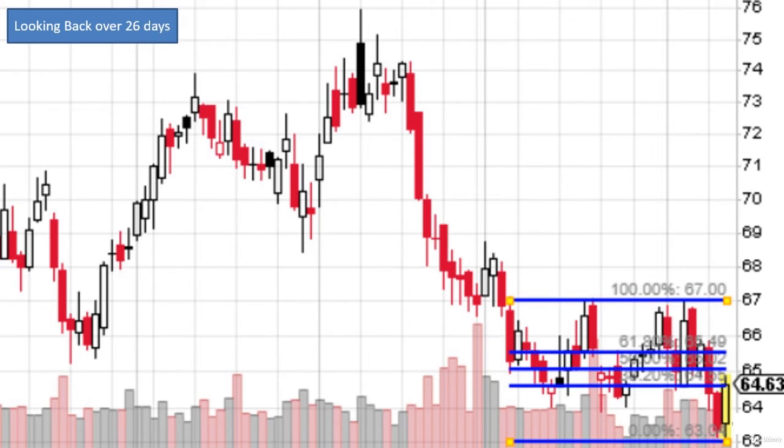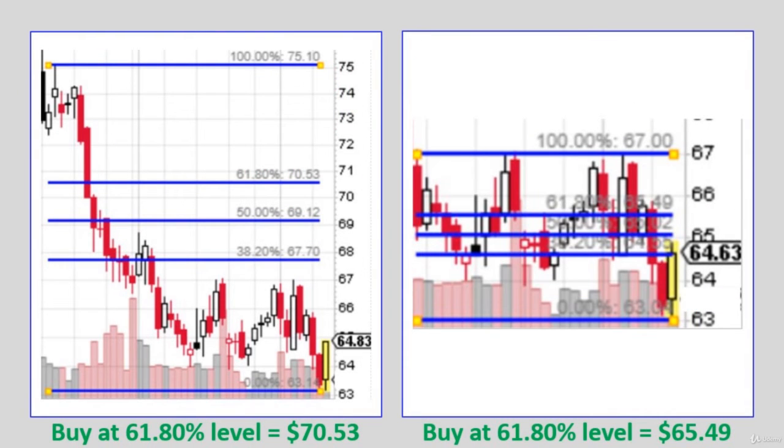And you can see the concept I'm using here is trying to look at more of a true range, or the more recent time, versus looking back over the entire chart, or certainly at the peak, and how that changes my Fibonacci levels. And so if we look at both charts side by side and say, well, I want to make a buying decision at the 61.8 level. Let's say I've decided my rule is I want to buy when it hits 61.8